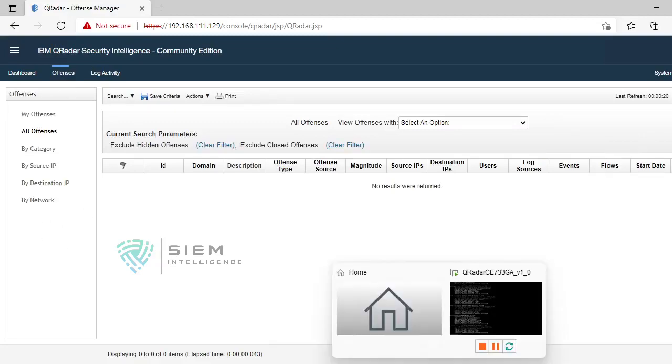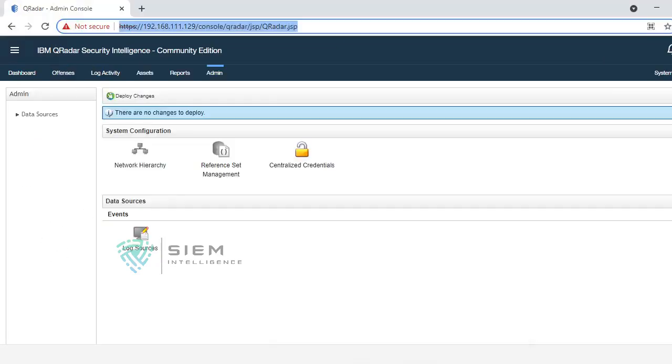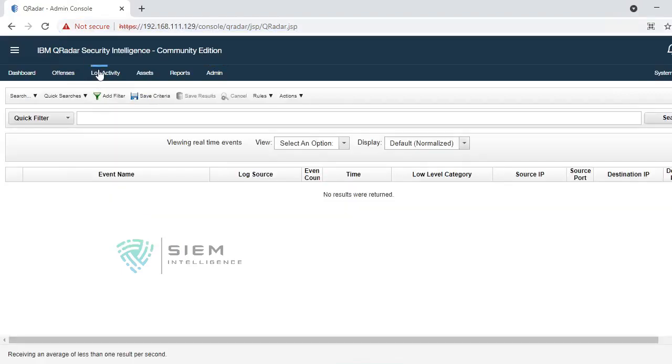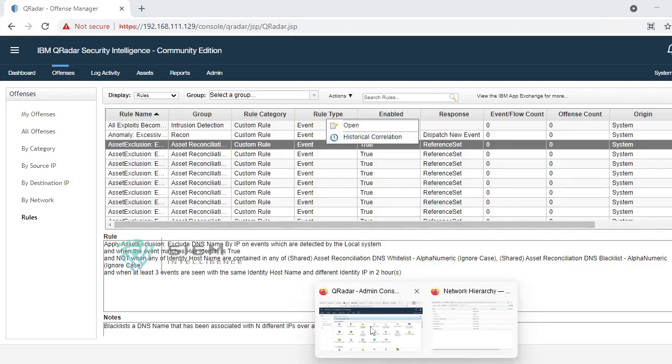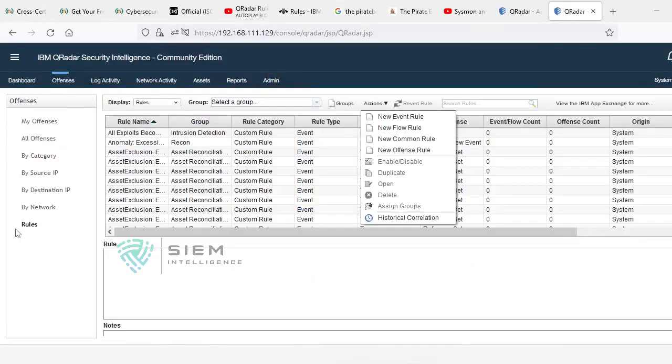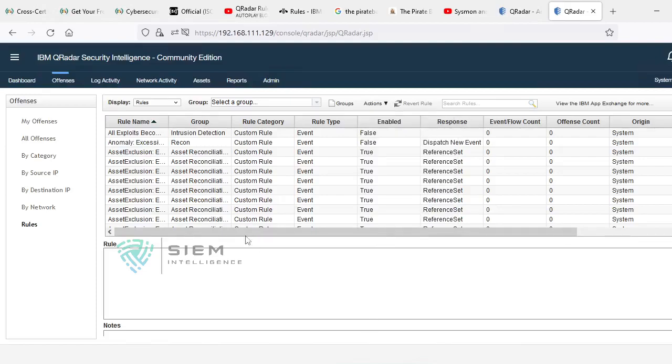But here there is a rule. This is the Flipkart admin. Here if you go and see on this offense, see these rules are there. But it is not editable. You can only view. But in this main administrator, you can see all the rules and you can create, enable, and do whatever you want. So this much granularity you can do.